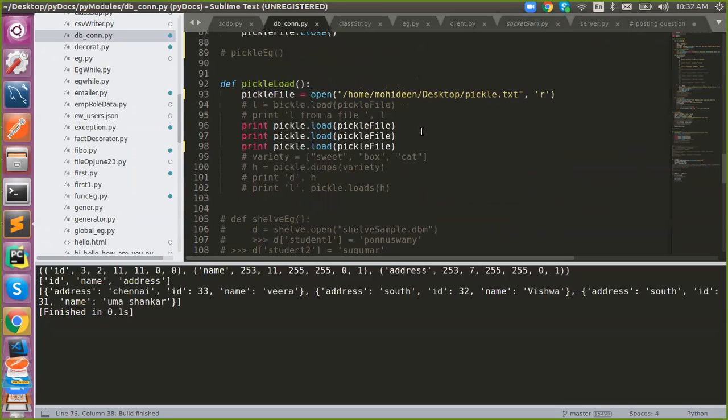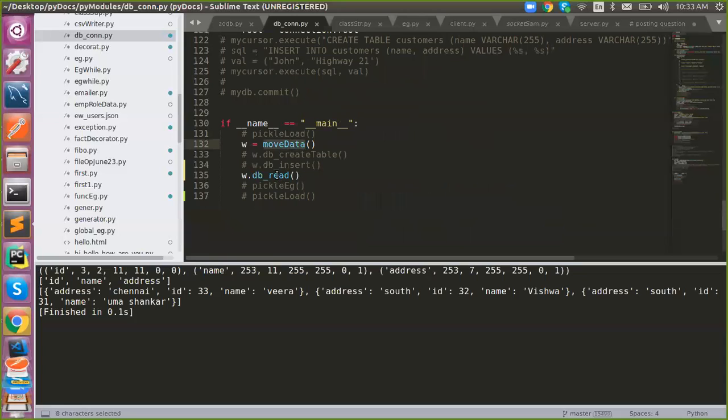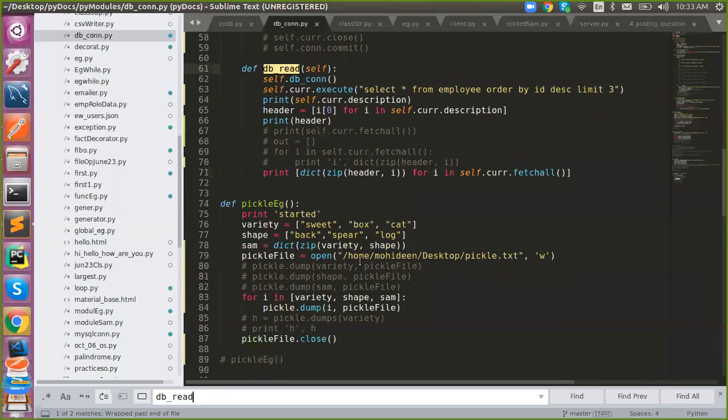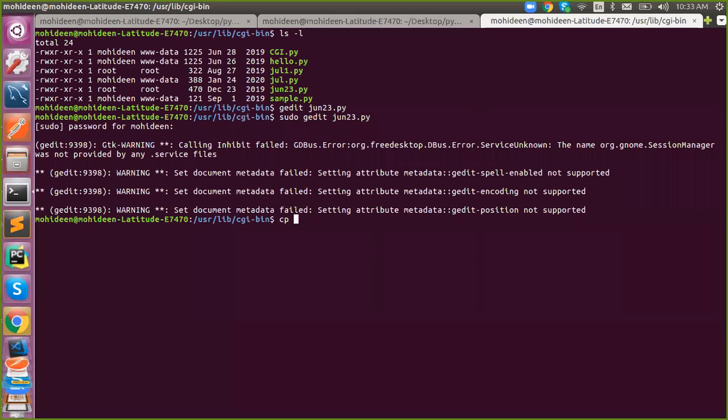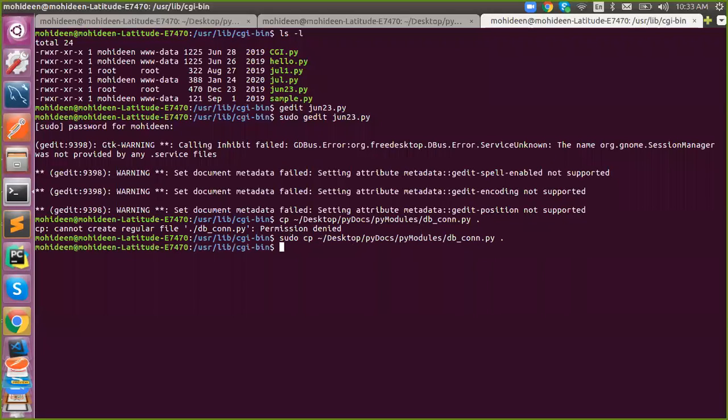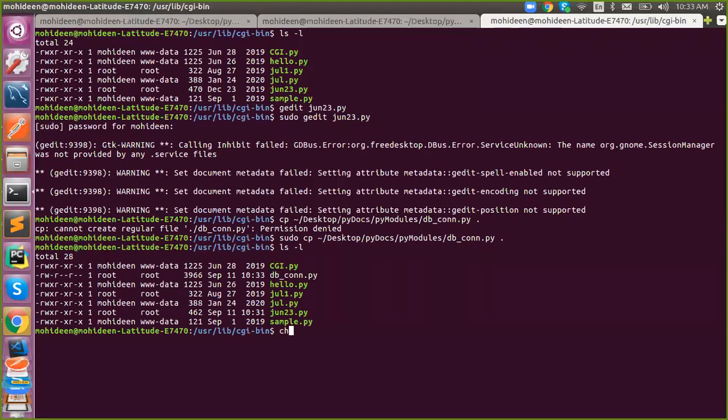So what am I getting? I need to keep this file into the folder.